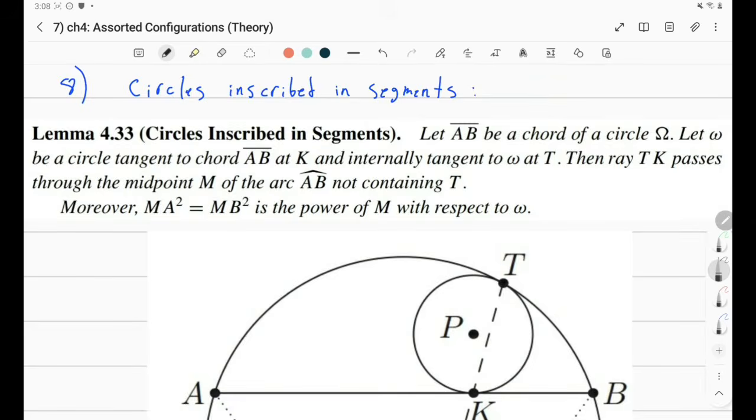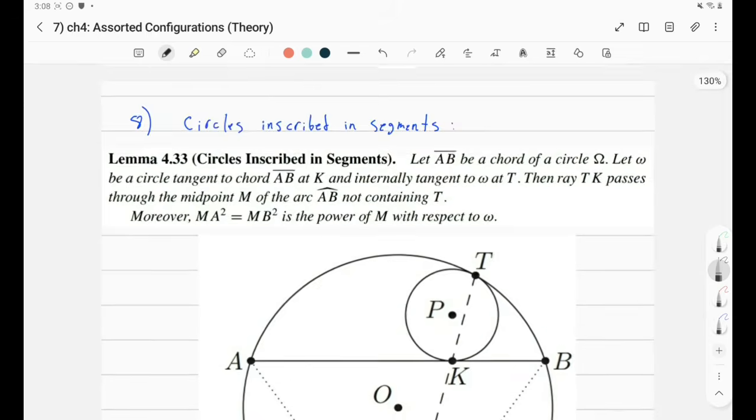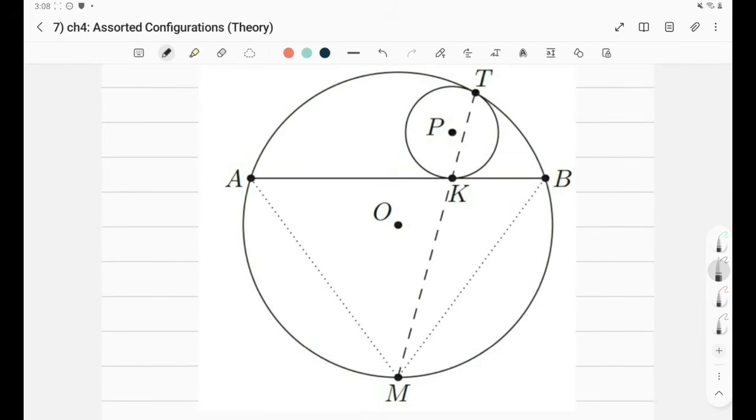Alright, so our configuration right now is circles inscribed in segments. What exactly is that? Let's have a look at our diagram immediately. As you can see, we just have two circles, the big one and the smaller one, and they are tangent. So the idea is we have this big circle and just some chord AB, and we want to take a circle that is inside this segment. This thing here is called a segment actually. So we want this to be inside it such that it's tangent to the circle at T and to the